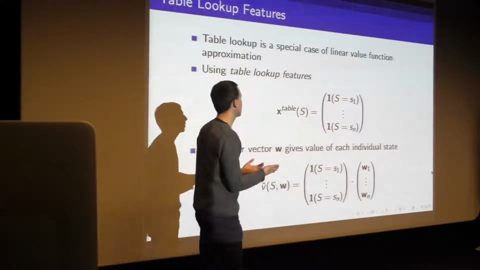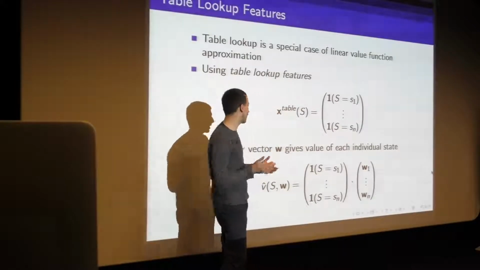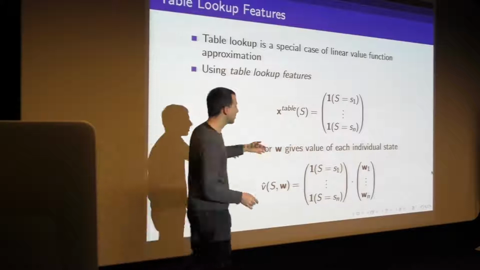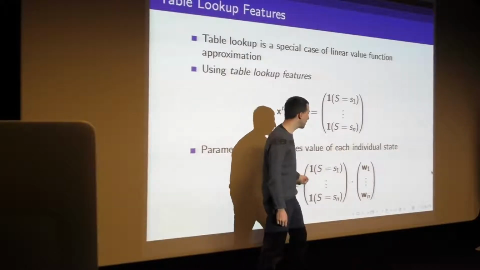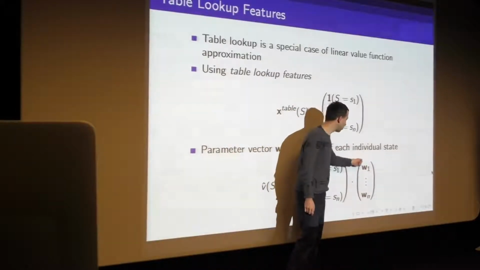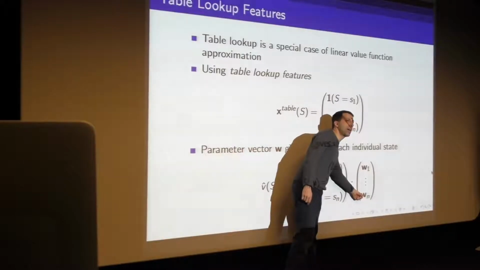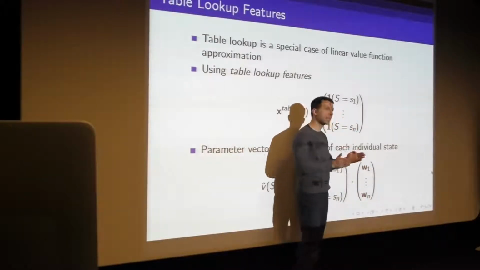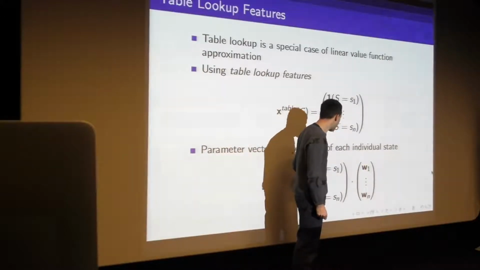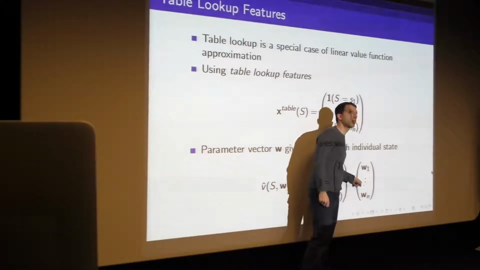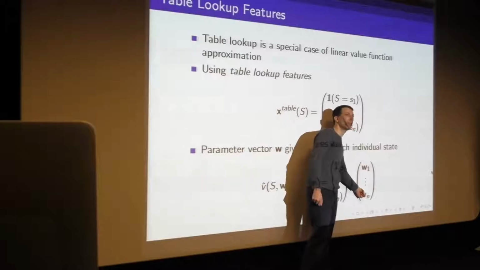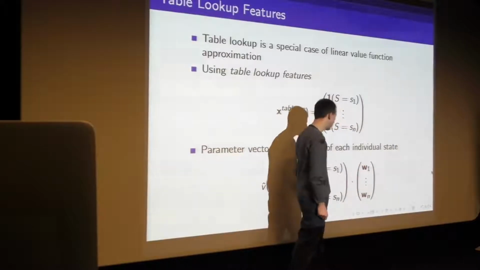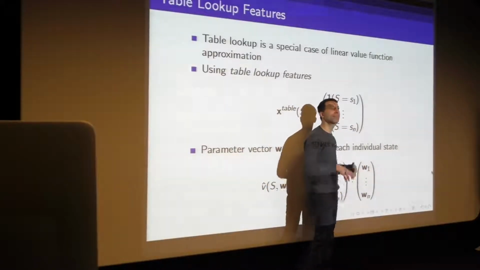If we use that representation, if we use this X table as our feature vector, then when we take our dot product between our feature vector and our weights, we see that we're just picking out one of those weights. So we've basically got a weight for every single entry of our table. We've got a weight for every single state in our state space. And depending on which state we're in, we're just picking out one entry from our table. So this thing just lets us select the right entry from our table. And now we're back to having a table lookup representation. This is our table. We've got one entry for each state. We pick out the entry of that state according to the feature, the state we're actually in at any